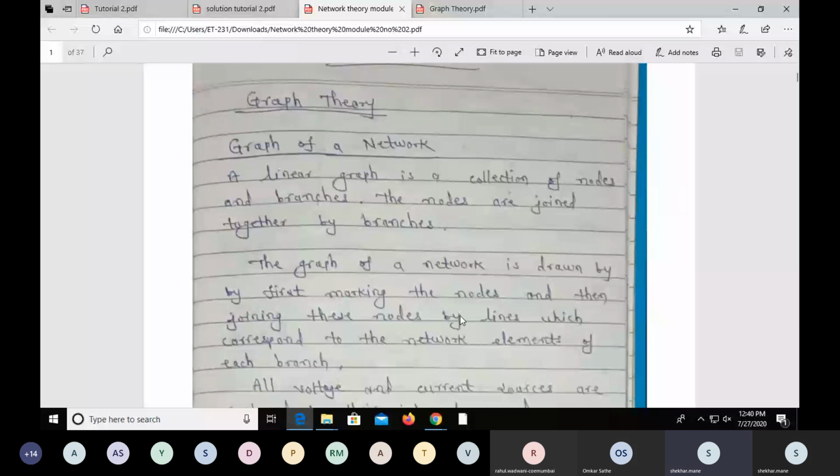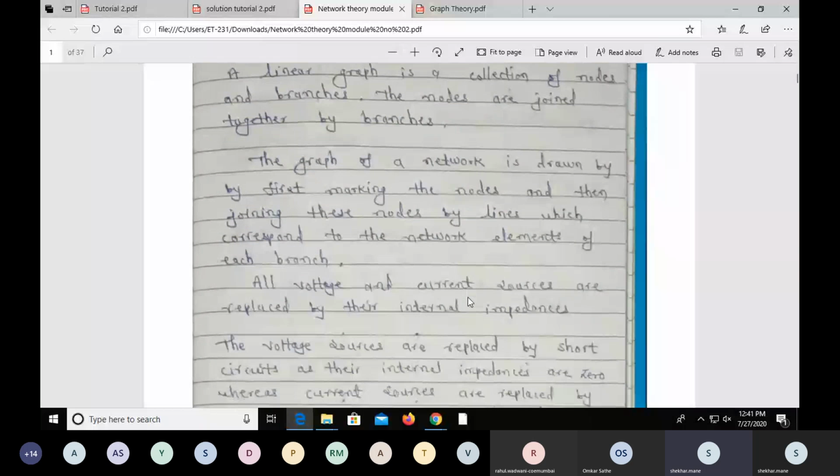Now, our first concept of this graph theory is graph of a network. How to draw the graph of a network? Now you can read this. A linear graph is a collection of nodes and branches. The nodes are joined together by branches. And the graph of a network is drawn by